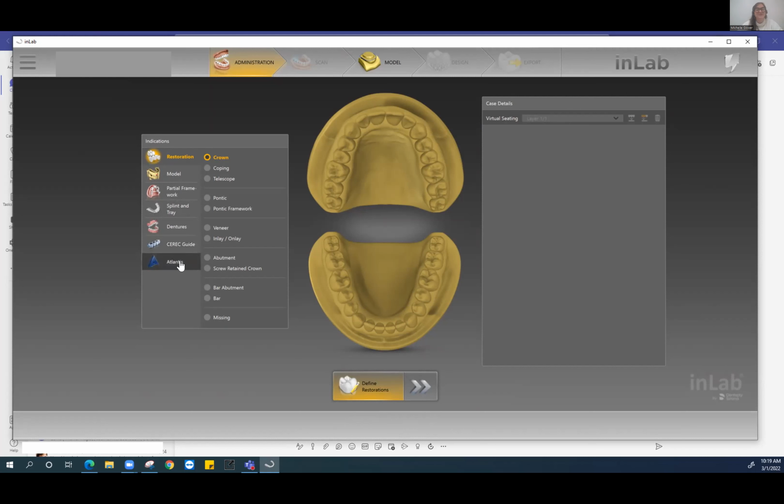And then the other option here is Atlantis. So again, if you are familiar with Atlantis, that is our implant partner where you're able to get things like implant supported bars manufactured, or even conus precision attachments, kind of in between a locator and a fixed case. It's very sturdy like a fixed case, but it is technically allowing the patient to remove that prosthesis in and out of their mouth. So you can of course have the Atlantis functionality to upload all of your scans directly